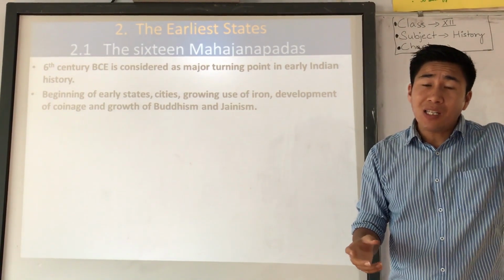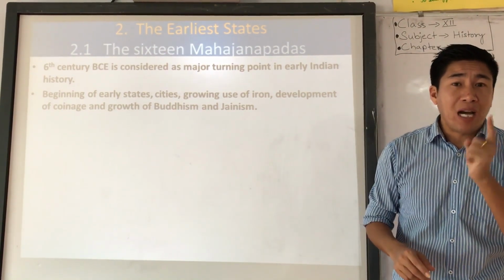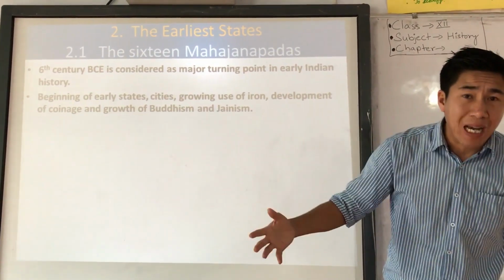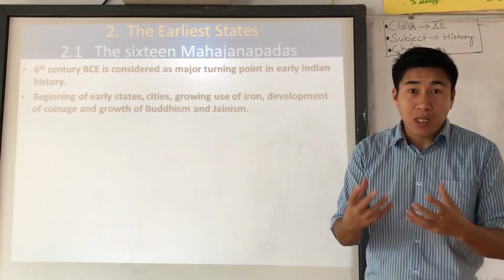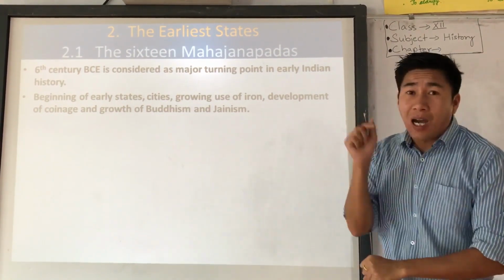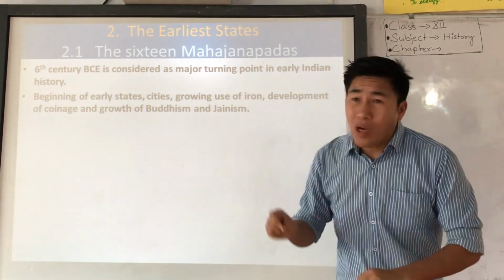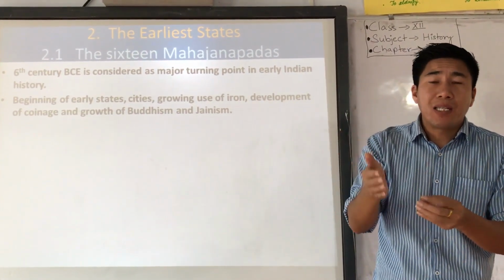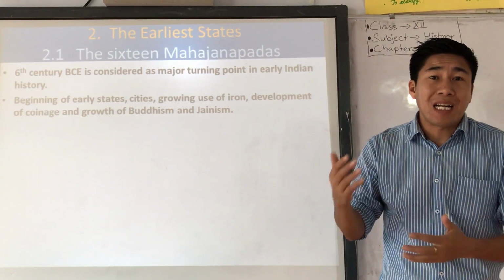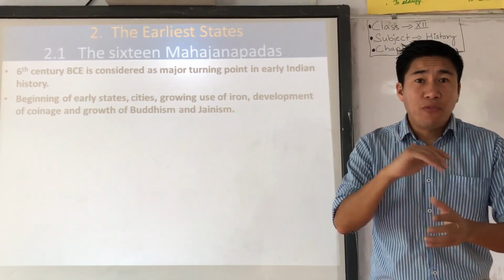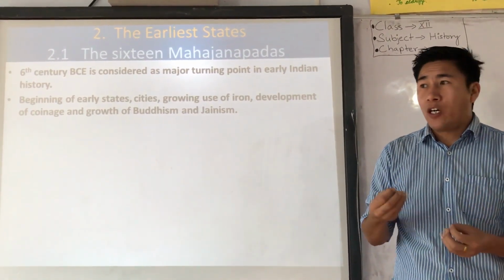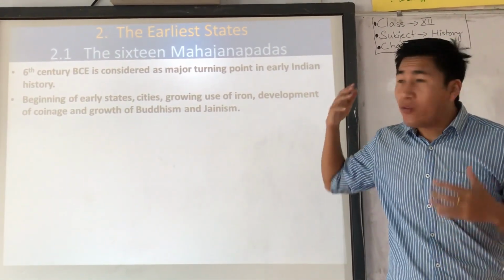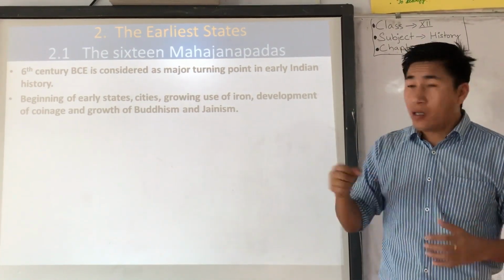In the Indus Valley civilization, archaeology never found any trace of iron. Do you remember? Now in this period, the use of iron started. So that's why it's a turning point. Third point, development of coinage. Why is the 6th century BC considered important? During that period, the use of coins started in the process of exchange. Before, exchange was done with the barter system. Here, the coinage system began, and the first coin we found is the punch-marked coin. Understood?